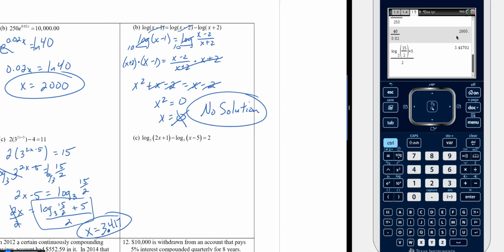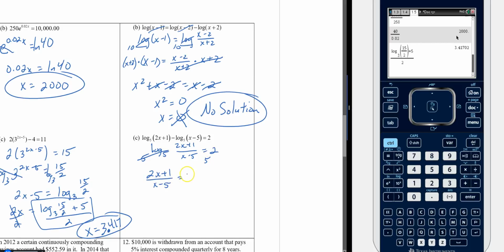Alright, C. Again, we're going to condense the left-hand side. It's subtraction, so we're going to do some division. So we have log base 5 of (2x plus 1) over (x minus 5), and that's equal to 2. You're going to exponentiate both sides by taking the base 5. So (2x plus 1) over (x minus 5) is equal to 5 squared, which is 25. Multiply both sides by x minus 5. Those cancel. 2x plus 1 is equal to 25x